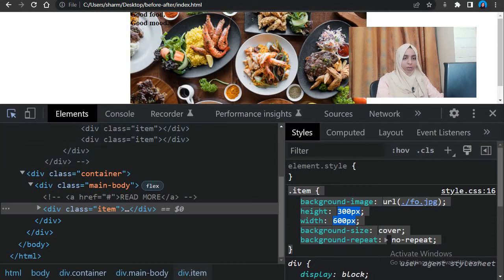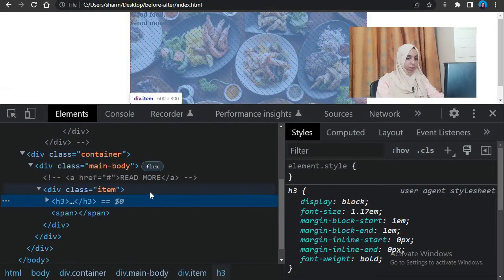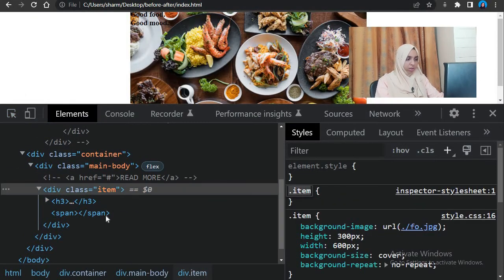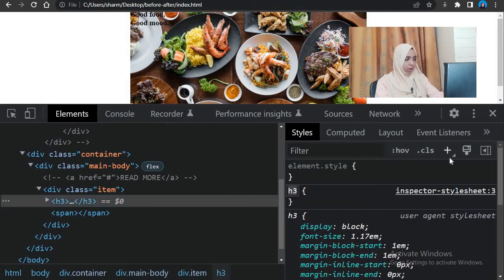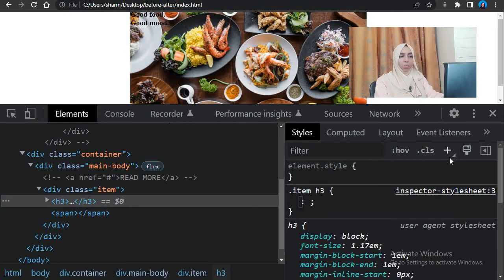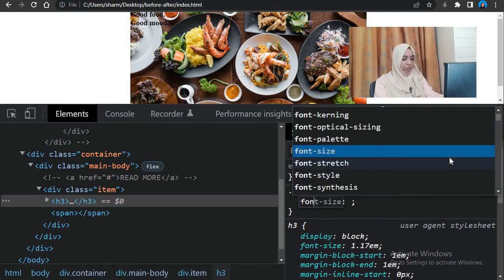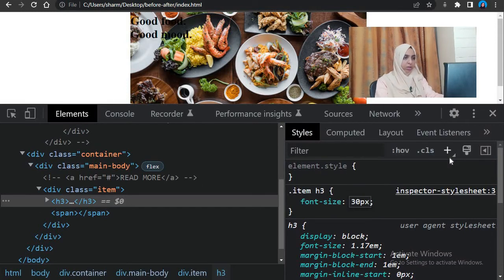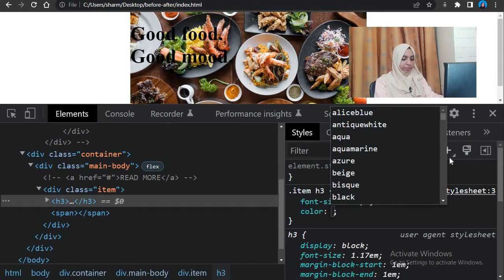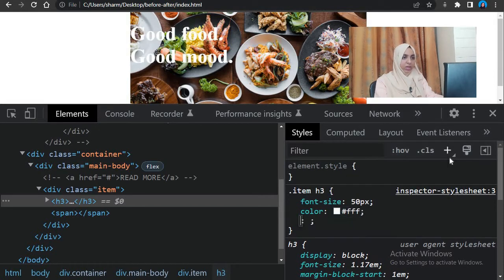Now this H3 over here, so let's just have this class and an H3. And what we will say, we need it to be of font size 30 pixels, for example, maybe 40-50. Give it a color of white. Okay, and let's give it some margin.